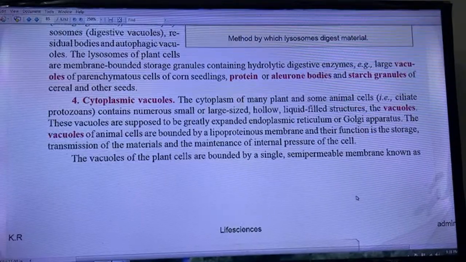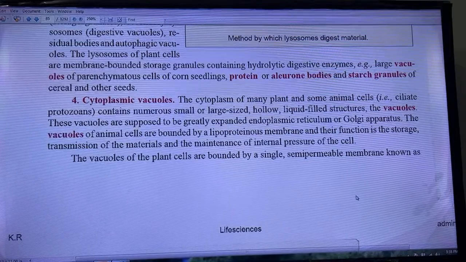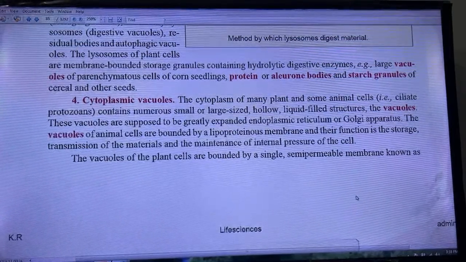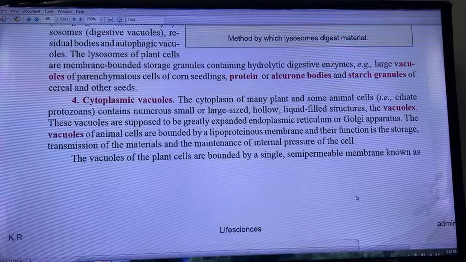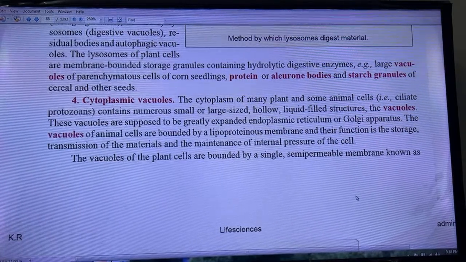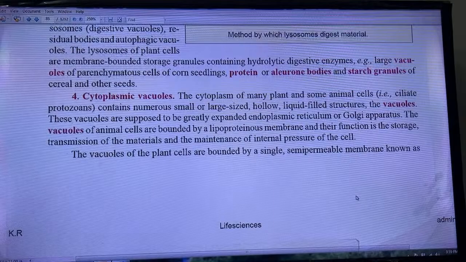Cytoplasmic vacuoles. The cytoplasm of many plant cells and some animal cells, such as ciliate protozoans, contains numerous small or large hollow liquid-filled structures, vacuoles. These vacuoles are supposed to be greatly expanded endoplasmic reticulum or Golgi apparatus. The vacuoles of animal cells are bounded by a lipoproteinous membrane and function in storage, transmission of materials, and maintenance of the internal pressure of the cell. Vacuoles of plant cells are bounded by a single semi-permeable membrane known as